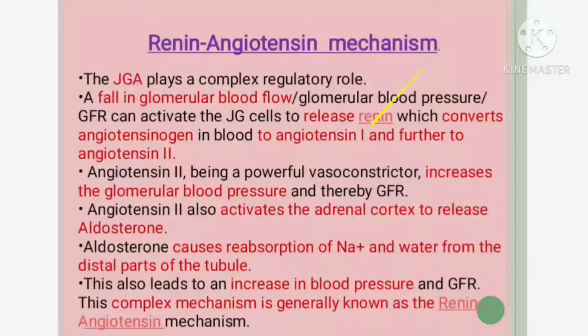This renin will convert the protein present in the blood, which we call angiotensinogen, which is inactive, is getting activated, and they are forming a complex called what? Angiotensin 1, which is further converted into angiotensin 2. So when there is a reduction in the blood pressure, immediately the juxtaglomerular apparatus, what will they release? They will release renin into the blood. This is a hormone. This hormone will convert angiotensinogen, which is present in the blood, into angiotensin 1.